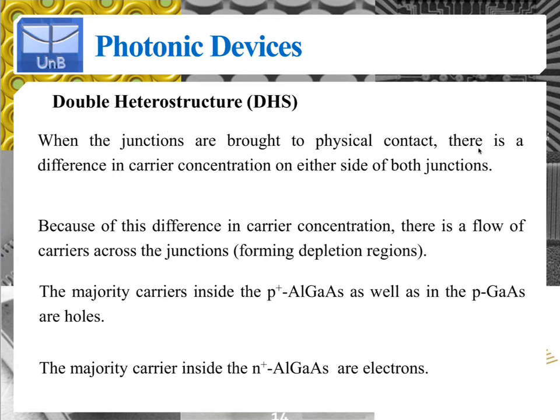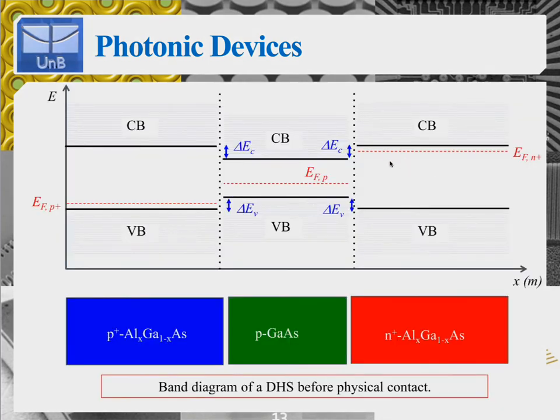So when this happens, there is a difference in carrier concentration on either side of both junctions. What does this mean? Well, this means that there are way more electrons in the conduction band of the n-type material than there are in the p-type gallium arsenide material. So when this is brought into physical contact, electrons will flow from here into the p-type gallium arsenide, and